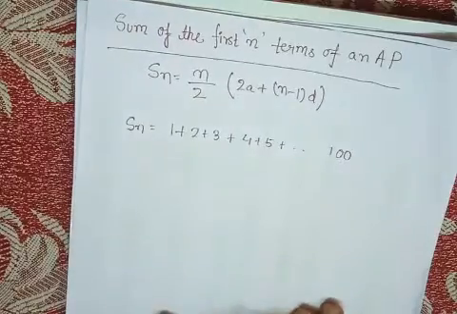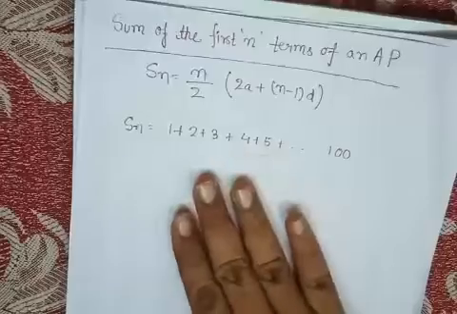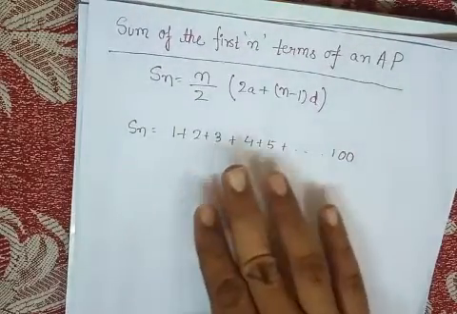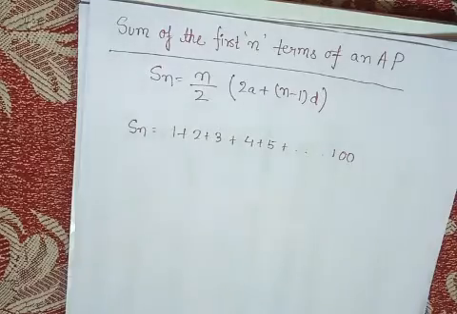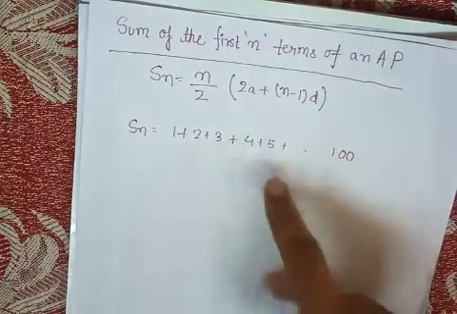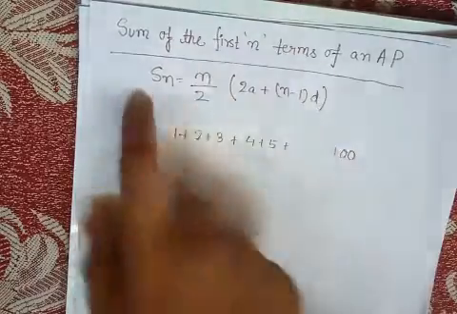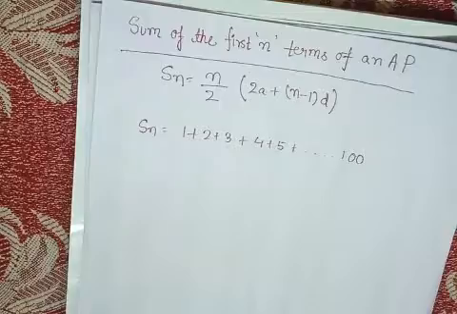given AP series. Let's suppose, for example, a series of AP was given in the form of summation, like 1 plus 2 plus 3 plus 4 plus 5 up till 100. ठीक है, एंड आपको वहाँ पे इसका क्या निकालना है, सम निकालना है. ठीक है, एक सीरीज़ आपको दी हुई है और आपको कहा गया है कि आपको उस सीरीज़ का सम निकालना है. देन वी विल अप्लाई this particular formula for finding out the sum of the series.